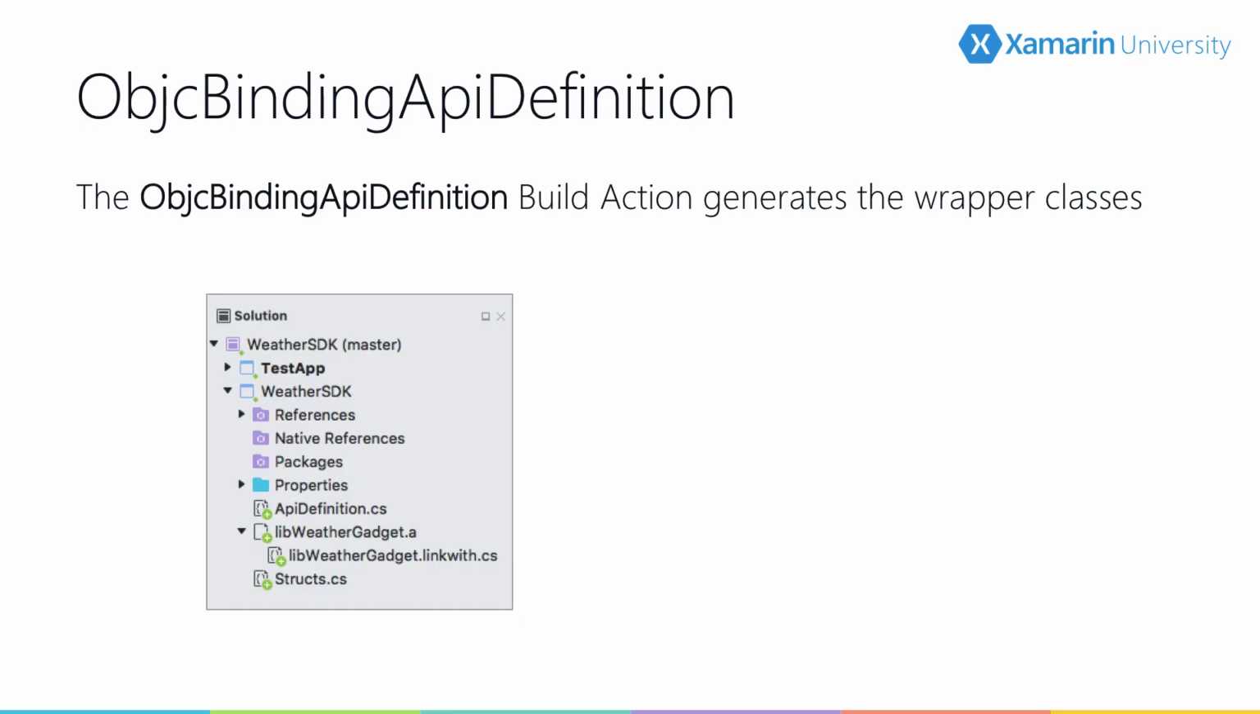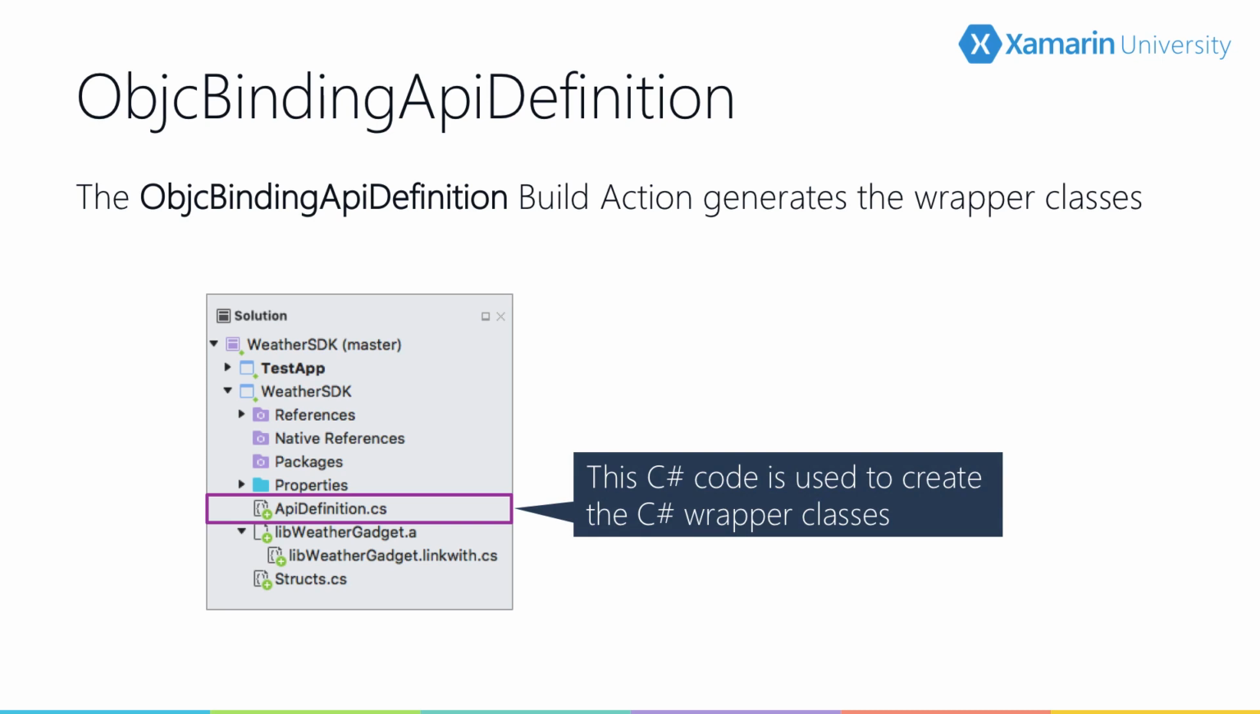The API definition CS project file, and for that matter all other files which will be parsed as definition files, are always set to the Objective-C binding API definition build action. This action is used to indicate that this API definition specific file is used in a pre-compilation build step, where the file is processed to generate C# code. This C# code in turn is used to create the C# wrapper classes, which is equivalent to what we build